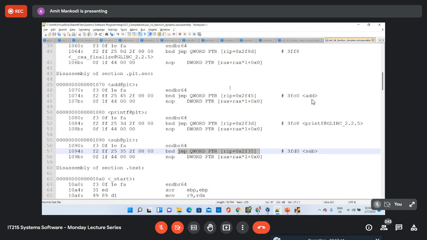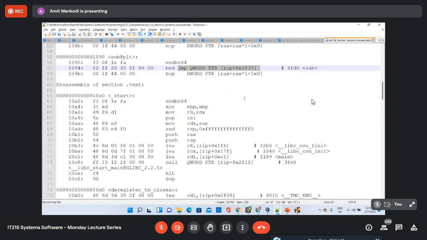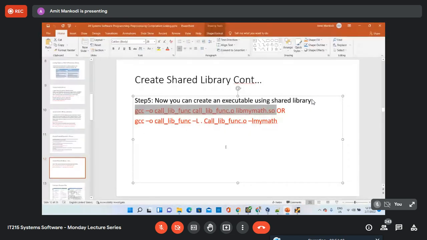And as I said, there's a trade-off regarding the size of the file. When you use the static library, the size of the file becomes larger. So if you have too many functions that you are using inside your code, and if you are using too many static libraries, then the executable file will become very, very large. But then there is a speed in execution, right? You get a much faster runtime compared to the dynamic library. Okay, so this is the difference between these two kinds of files. Any questions?